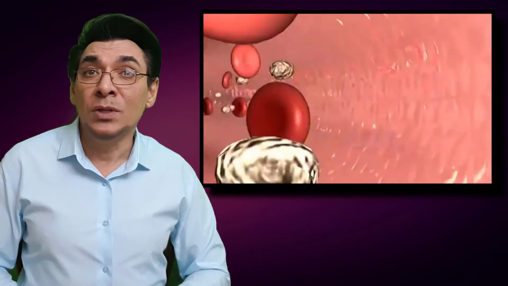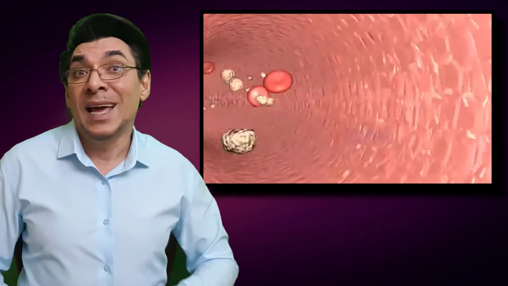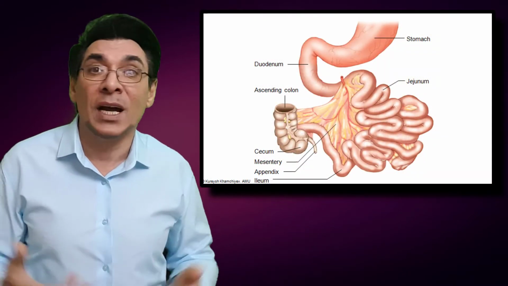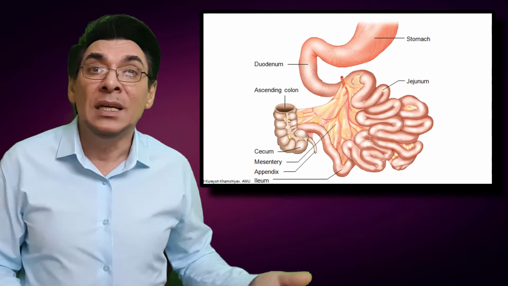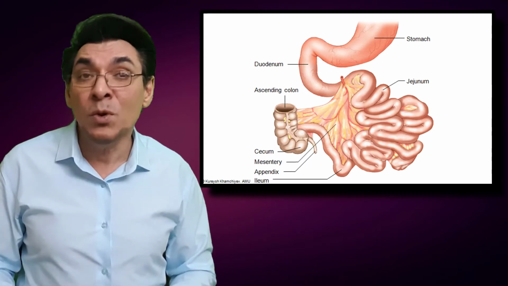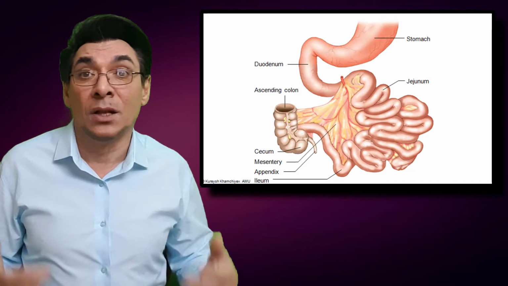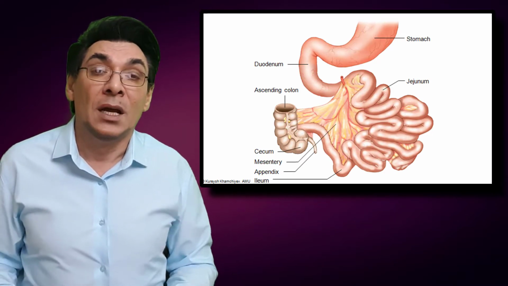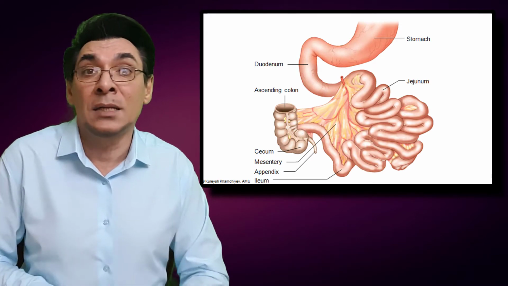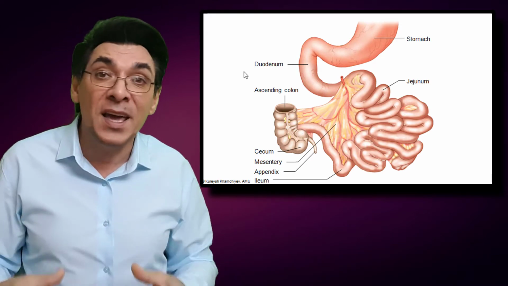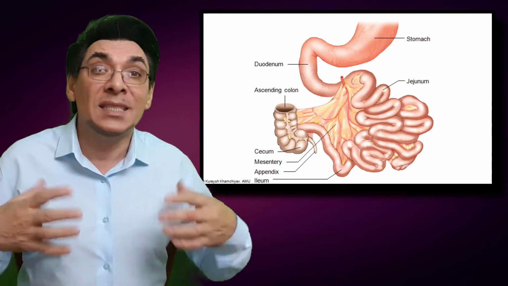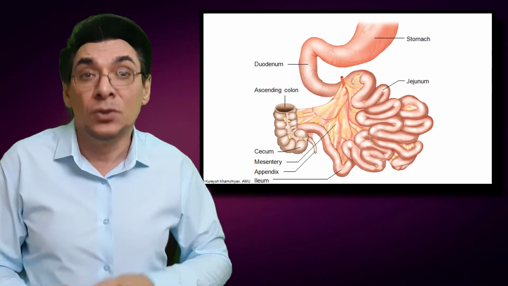Mucus is produced by duodenal glands and by goblet cells, which are dispersed throughout the epithelial lining of the entire small intestine and within intestinal glands. Hormones released from the intestinal mucosa stimulate liver and pancreatic secretions. Secretion by duodenal glands is stimulated by the vagus nerve, secretin release, and chemical or tactile irritation of the duodenal